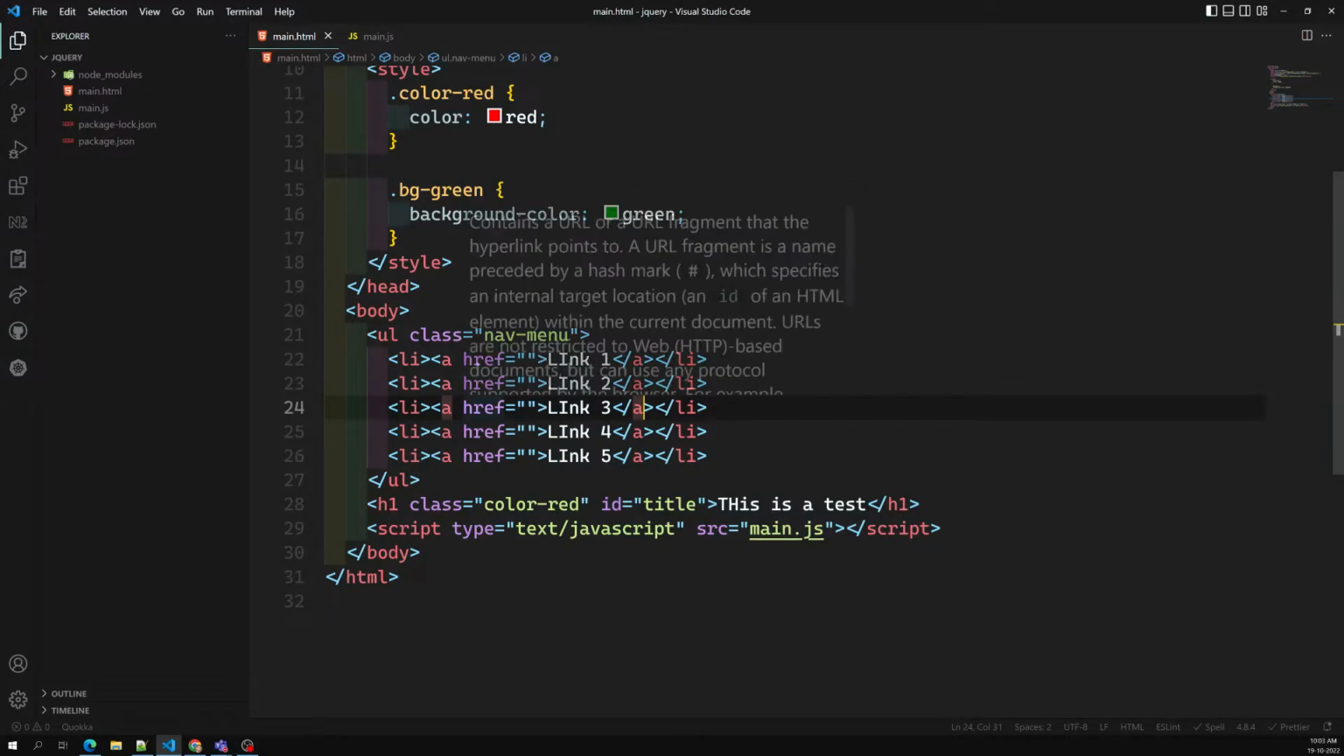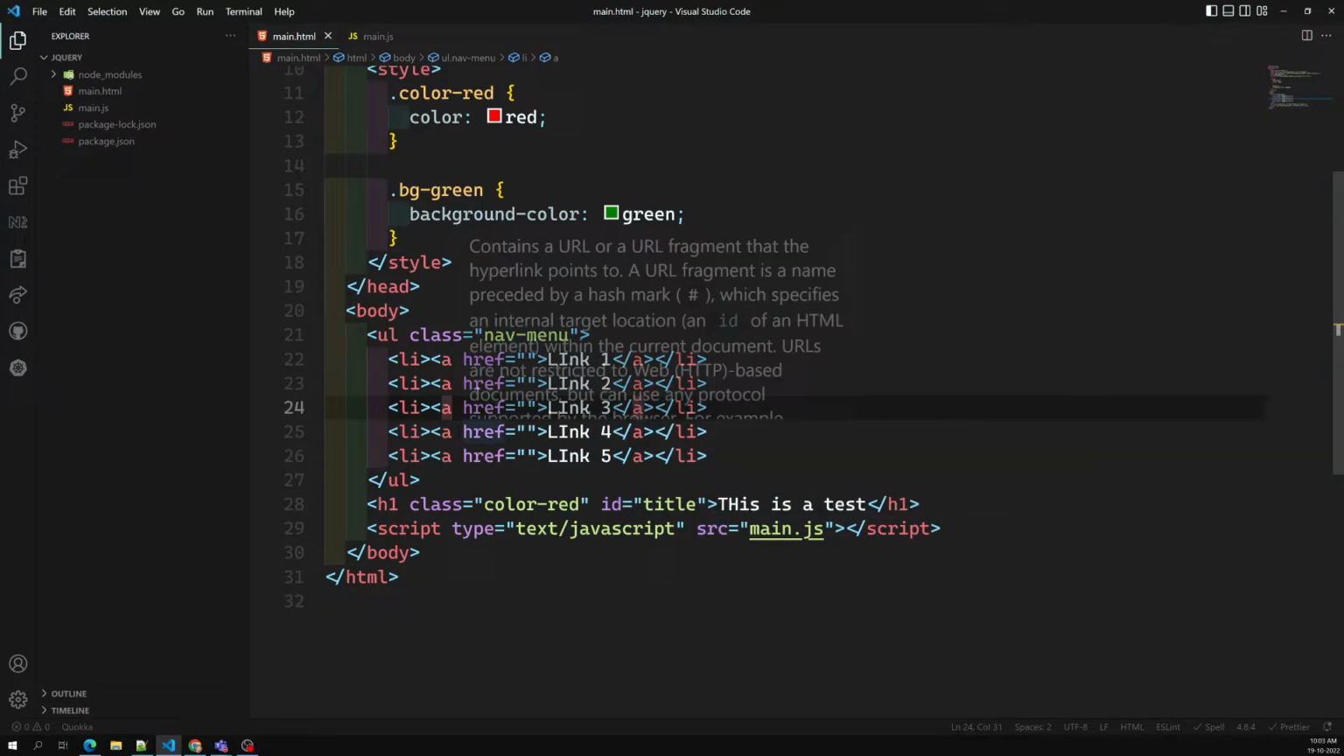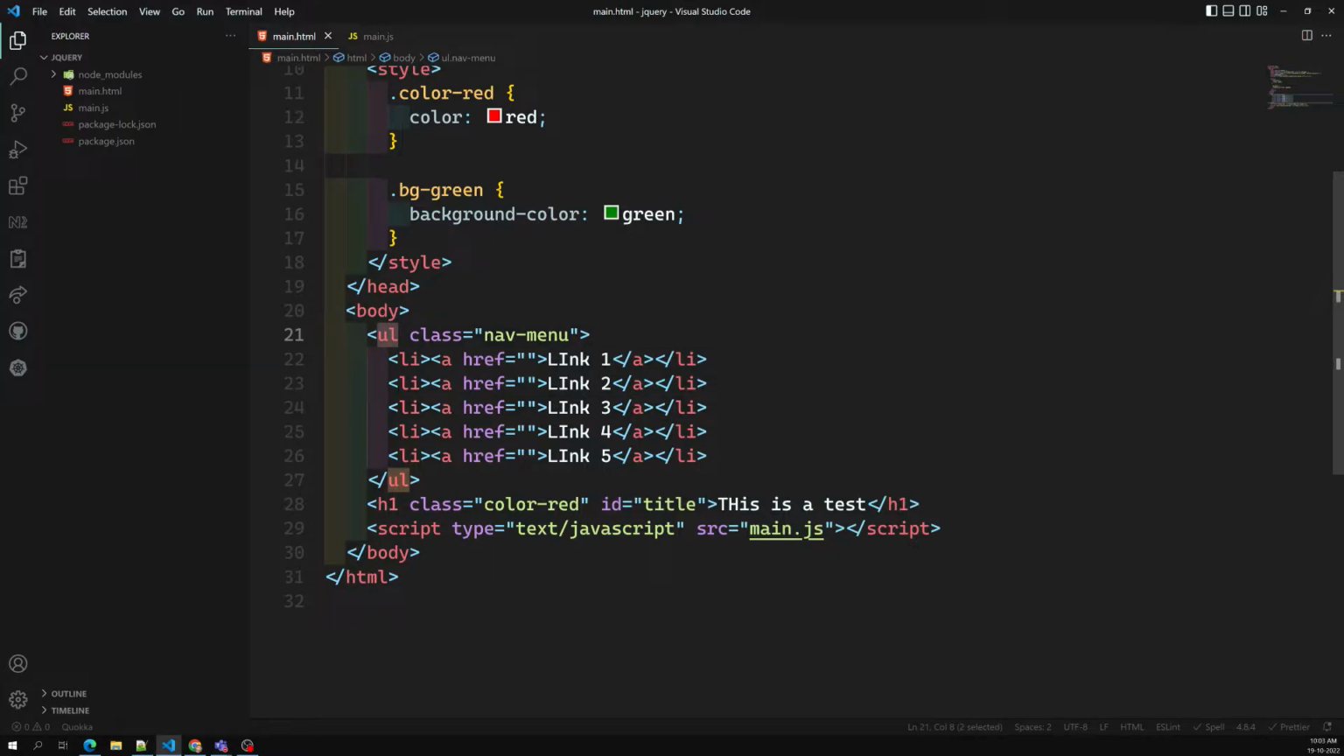So now we have observed how to capture the elements through jQuery. Now let's see how we can traverse through the DOM. So how we can traverse through the DOM is, for example, let's say that